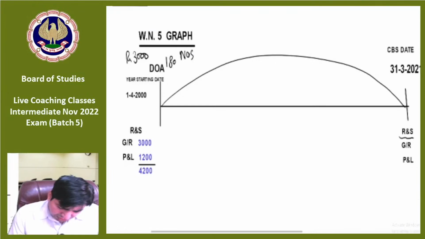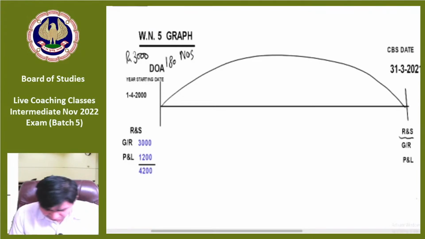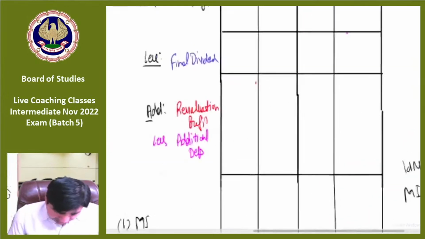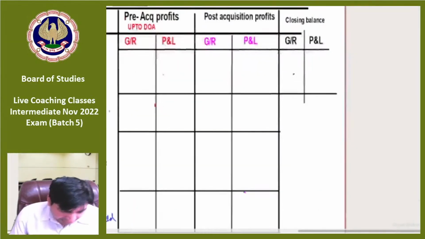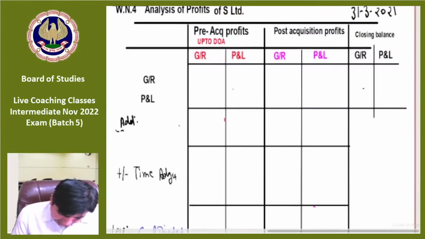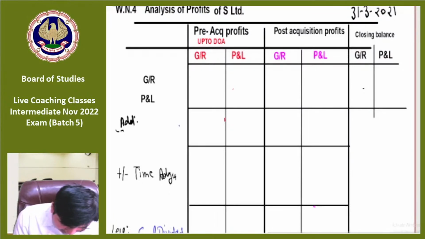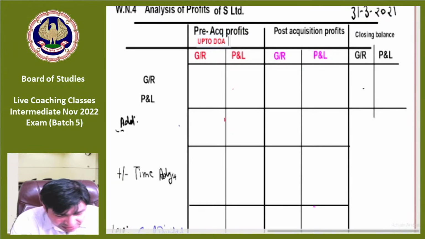Sir, can we also mention there in the analysis of profit? Yes, why not? Please mention there. Yes, this is the way to solve the question. Please mention there in the format also. So general reserve opening balances we are finding up to the date of acquisition. What is the date of acquisition as per this question? That is